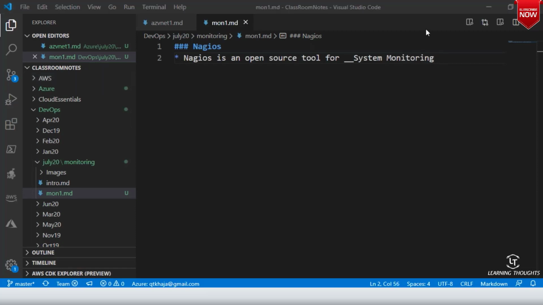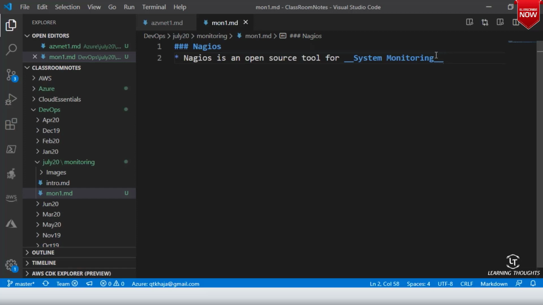So it would help you in monitoring the systems. What Nagios will try to do is check whether your servers or other devices on your network are working properly or not.